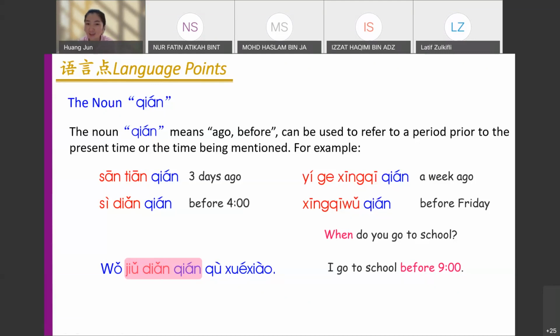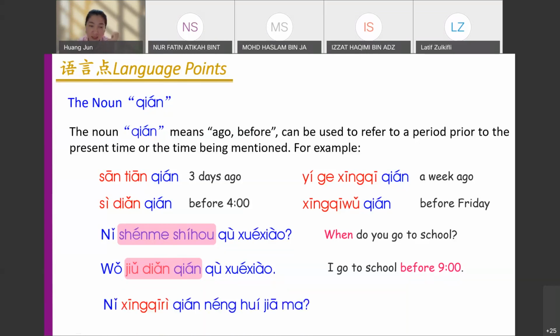Can you catch the question already? 非常好, very good. So it's 你什么时候去学校? When do you go to school? Very good. Make sure everyone follows. This is the easy section I told you. So remember when we're asking for when, we use 什么时候. But if they're asking for what time, we will use 几点.